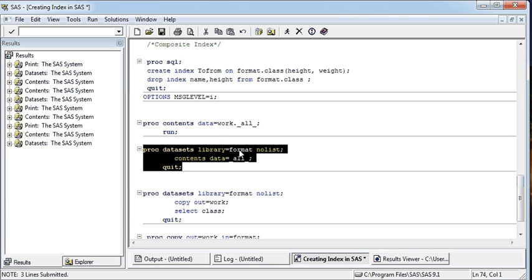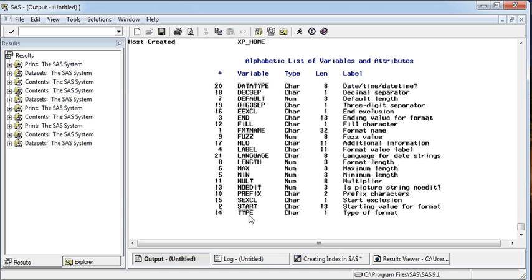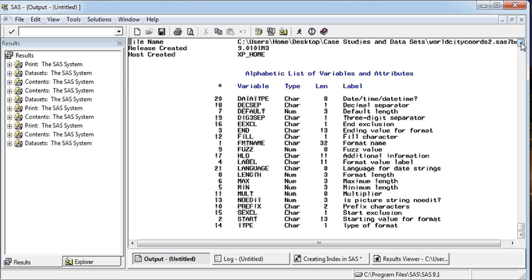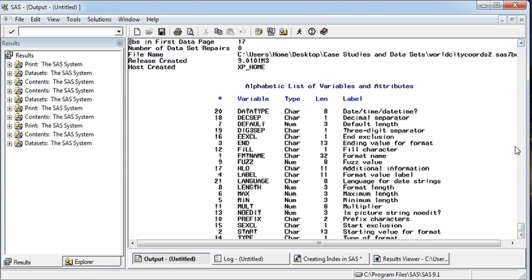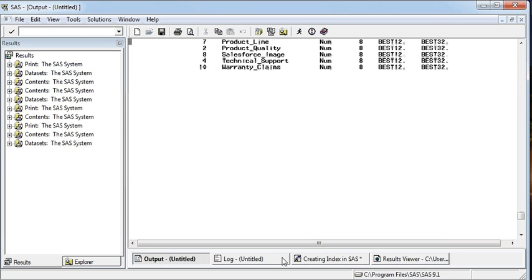This is different. This is library format and contents data all, which means all the data sets which are there in the format library.